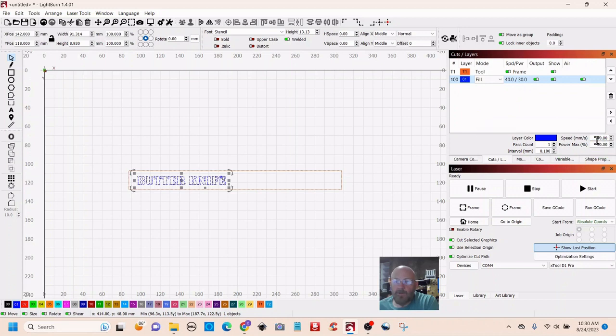So I'm going to change this speed to about 60 and set the power to 70%. So 60 millimeters per second at 70% power on a 40-watt laser. We'll see what happens. Okay, on my text, to make sure that it's filled, always go up top, select it,